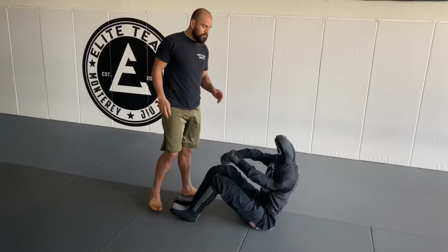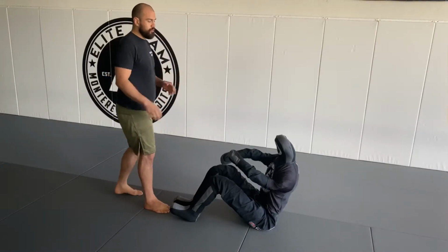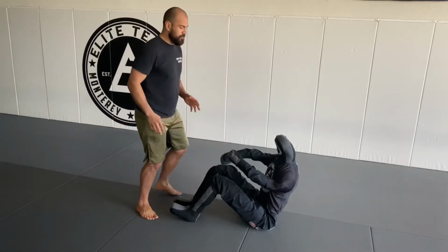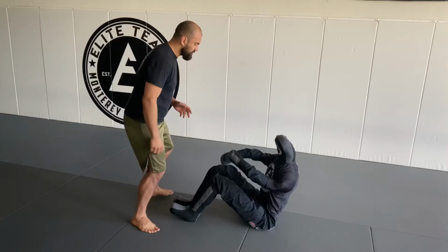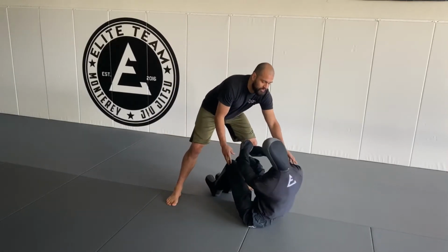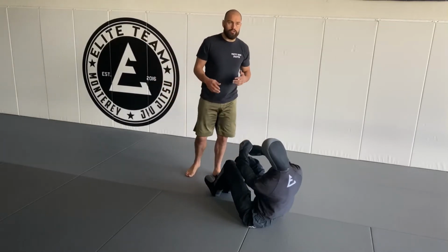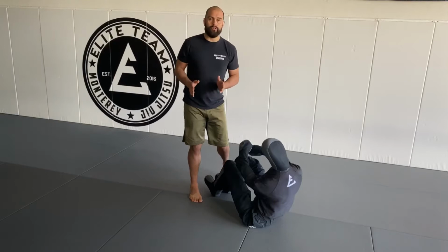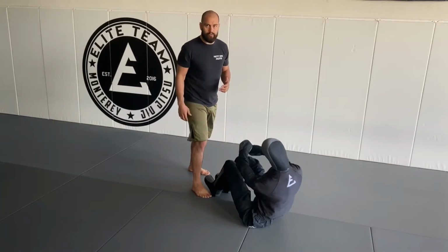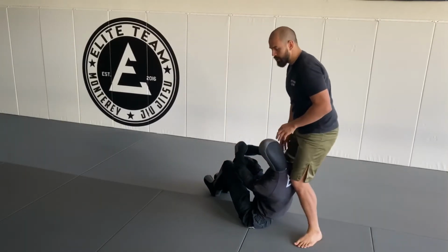Out here is going to be approaching someone's legs, approaching someone's body from the standing position. If I'm coming to try to get past this person's legs, if I just turn, there's a good chance this person's going to turn with me as well, right? Any direction I go, they're going to turn to try to regain their guard. It's a good thing for them to stay where I'm in front of them. If we start getting to things where I can start passing behind my training partner, this is a bad thing